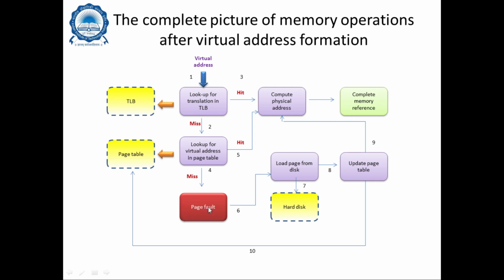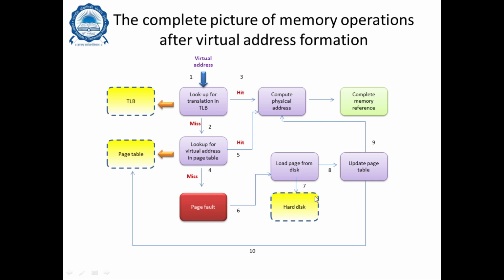So what happens if you have a page fault? In case of a page fault, it goes to step number 6. If it is not a page fault and it's a hit, that is, you are able to find the virtual address translation inside the page table, which is this one here, then it will have a hit, and because of the hit, it will again compute the physical address and do the memory referencing. While if the page fault occurs in step number 6, then it loads the page from disk,